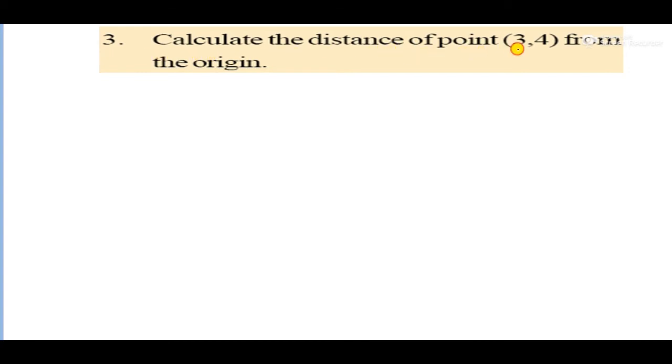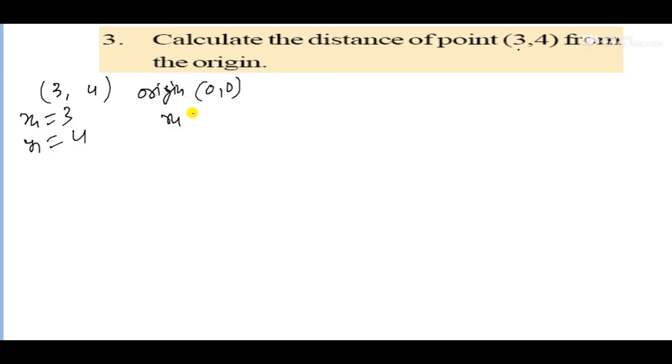ये तो पहले ही हमने निकाल लिया, BC को निकालना है, तो इसमें फिर से हम इसको क्या करेंगे, ये x1 हो जाएगा, ये y1 हो जाएगा और ये x2 y2 ले लेंगे. चलिए देखते हैं. It is for BC. So BC is equal to, first of all you can write the formula: x2 minus x1 whole square plus y2 minus y1 whole square, and put the value. X2 is given as, you have to see, 6 and minus 3. So 6 minus 3 whole square, and y2, that is minus 2, and here is minus 4. So minus 2 and plus 4 हो जाएगा ये.